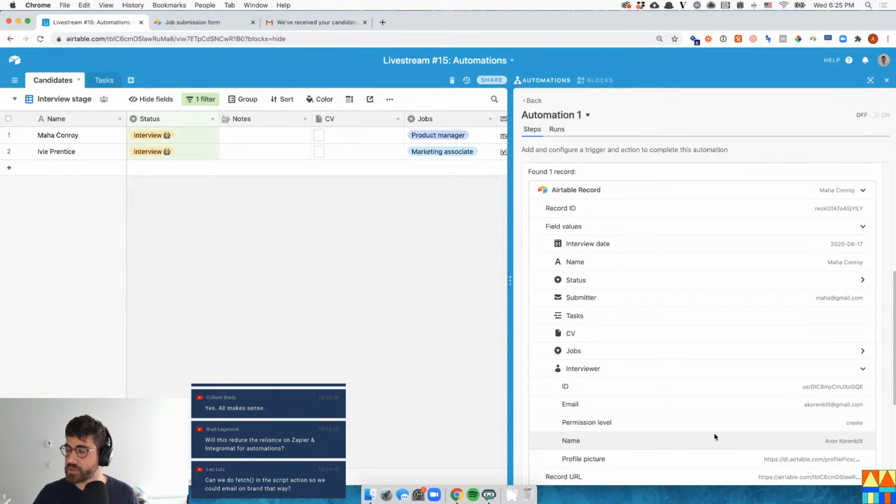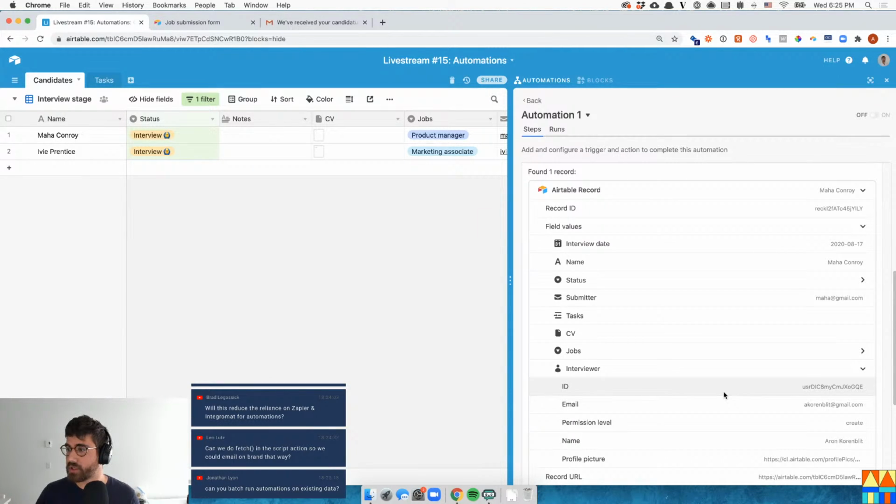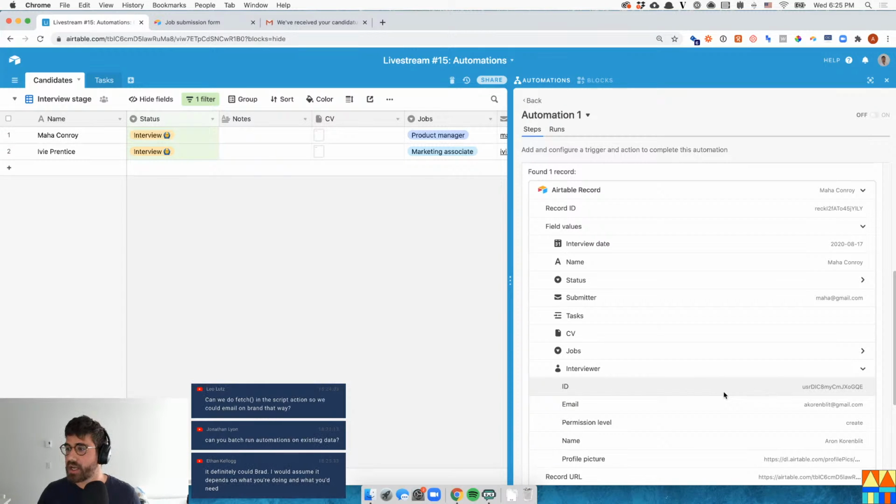that specific interviewer. So Leo asks, can you use this in a script action to fetch? I guess you could, right? There's nothing actually stopping you from using the script block, and I'll talk about that in a moment, to send webhooks to different services. I thought that was a little out of scope, frankly, for this automations session, primarily because I just don't see the value as much in sending a webhook to a third-party service such as Zapier